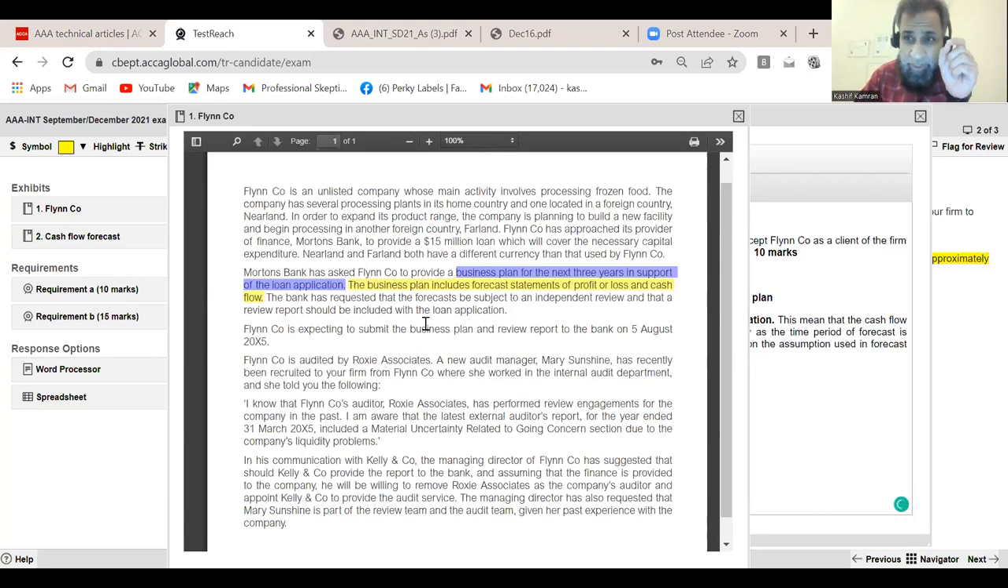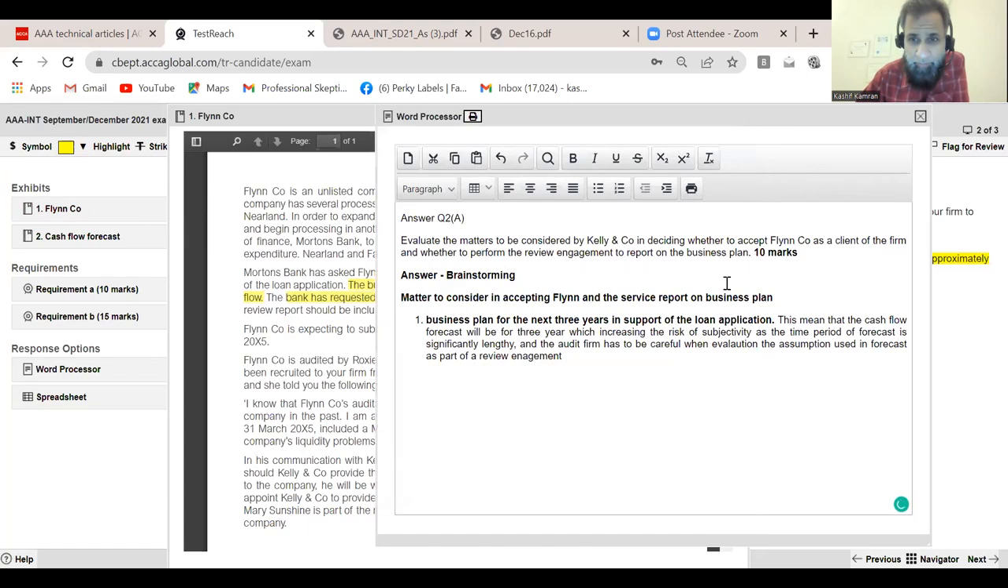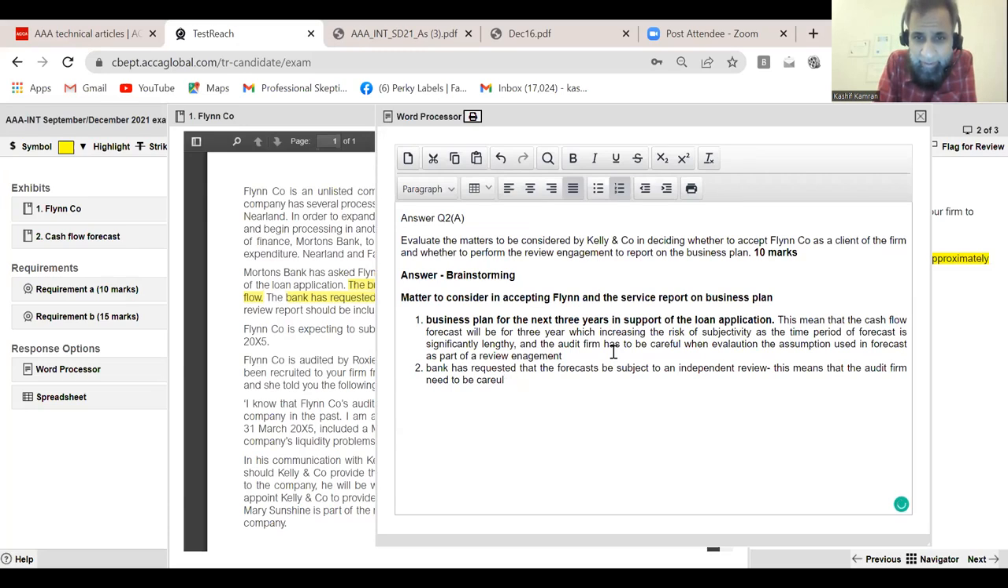So the bank has requested the forecast to be subjected to an independent review and a review report should be included in the loan application. Control C. We got another point and we bring it back to the word processor. Control V. The bank has requested the forecast be subjected to an independent review. This means that the audit firm needs to be careful in terms of their liability,